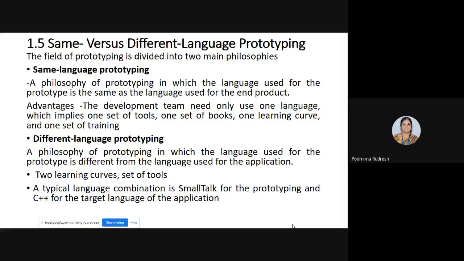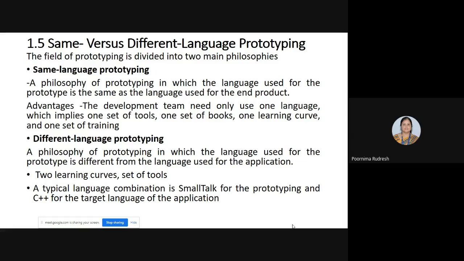Along with that, one more disadvantage is there in the same language prototyping. Another disadvantage is that language issues may cloud a designer's judgment at the time of system development. So what does it mean? For example, let us consider that the developers who are writing the code, some developers may use C++ because it is a multi-paradigm language, as opposed to pure object prototyping. Here, even though they are using the same language prototyping